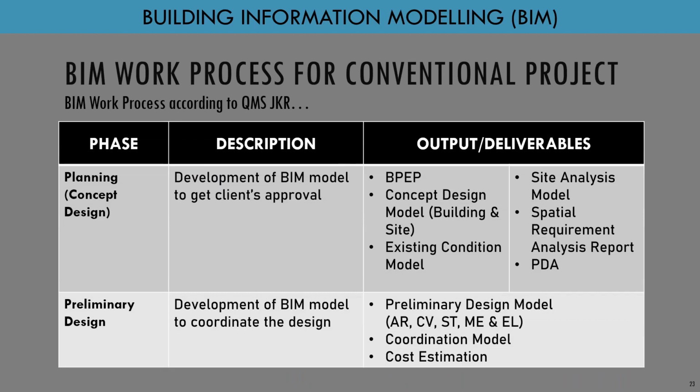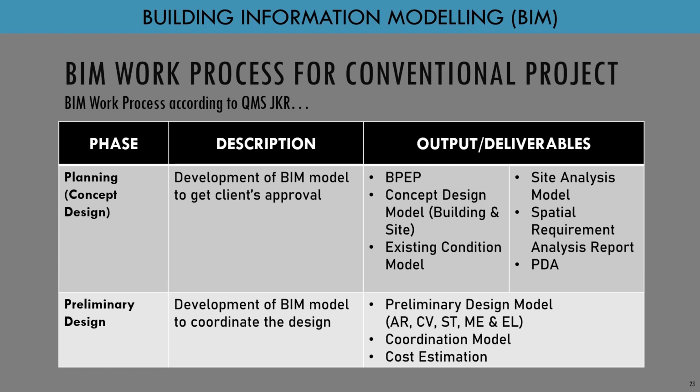Okay, so actually we developed this work process according to our quality management system, SPK JKR. This is for the conventional project, from the planning phase until handing over. From the planning, the output will be the BPEP document. We need to have a concept design model, an existing condition model, and a site analysis model. Then the architect needs to come up with the spatial requirement analysis report, and last but not least